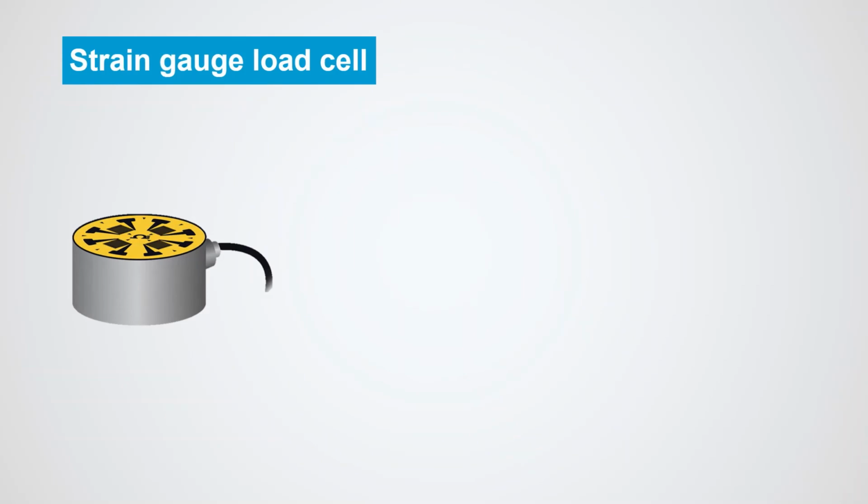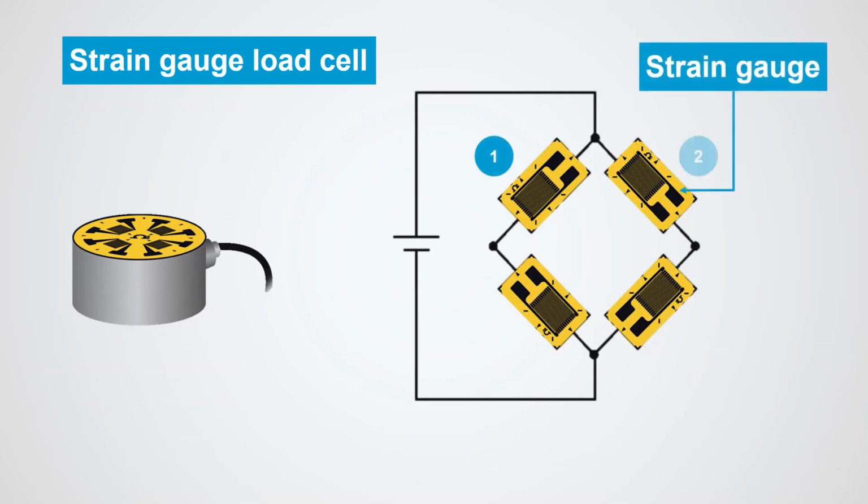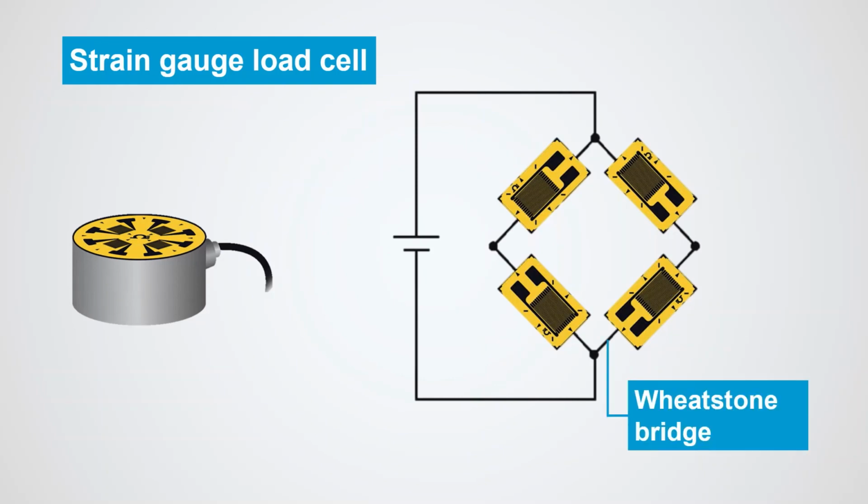A strain gauge load cell is made up of 4 strain gauges connected in a Wheatstone bridge configuration. A Wheatstone bridge is an electrical circuit that measures unknown electrical resistance by balancing 2 legs of the bridge circuit. One of the legs contains the unknown component. The Wheatstone bridge circuit provides incredibly accurate measurements. The strain gauges in the Wheatstone bridge are bonded onto a beam which deforms when weight is applied,